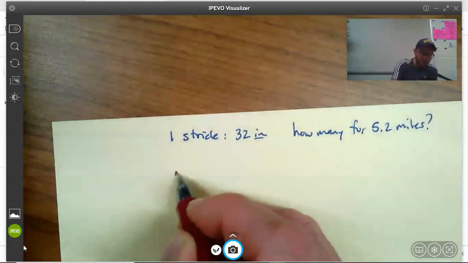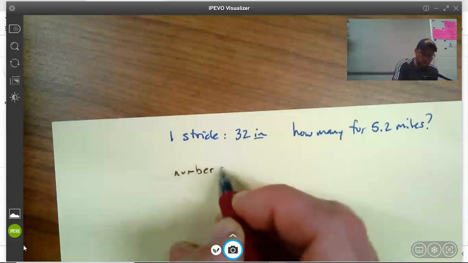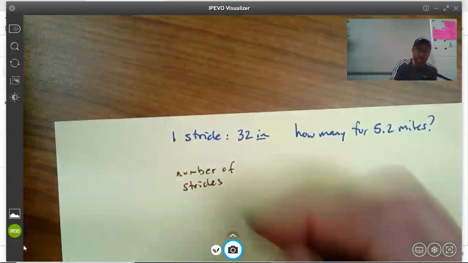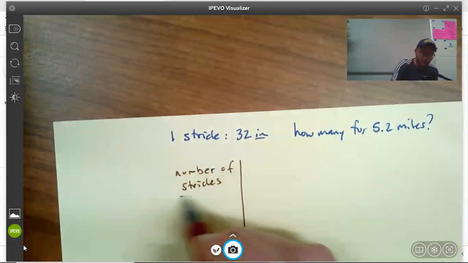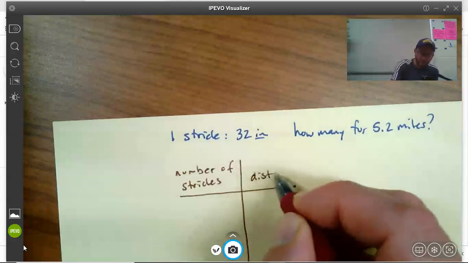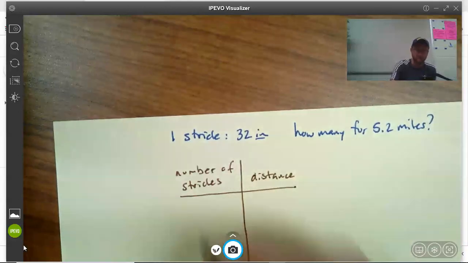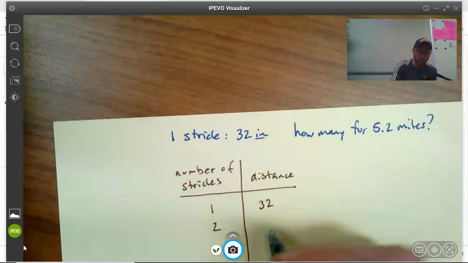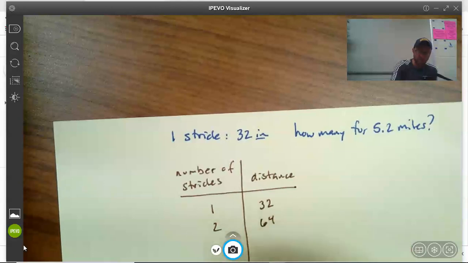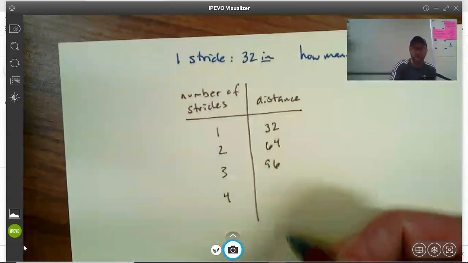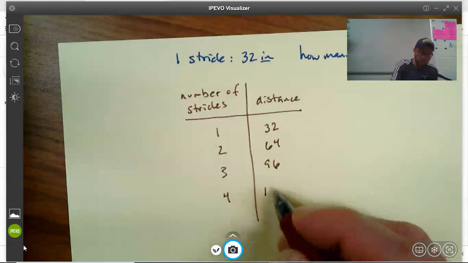I'll put number of strides on this side of the table, and I'll put distance on this side. So one stride is 32 inches, two strides is 64 inches, three strides is 96 inches, four strides is 100 and let's see,